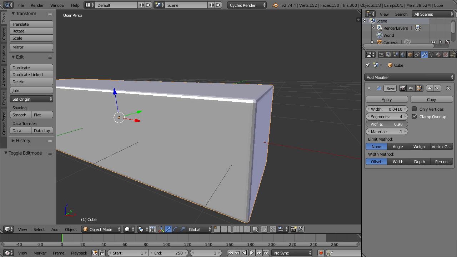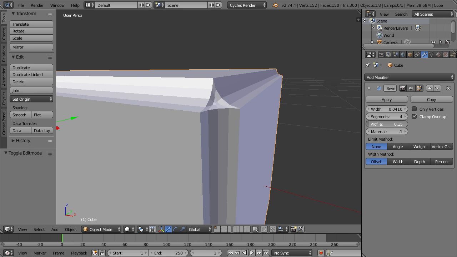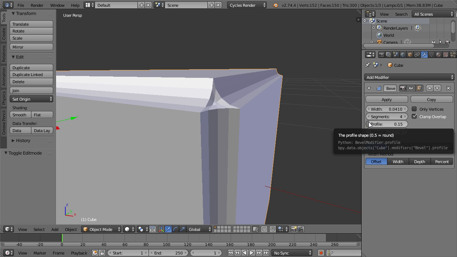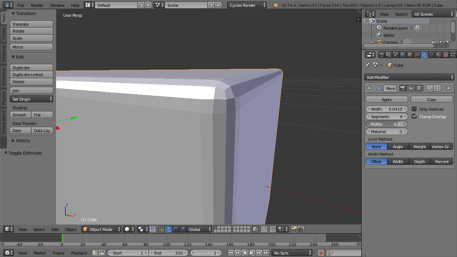If I do the opposite, increase the profile all the way up to 1, the bevel becomes invisible, so don't do that. But if I increase the profile between 0.5 and 1, you can see the edge gets more sharp. So 0.5 would be normal, and this is a rounded edge, minus 0.35, meaning resulting in 0.15, would be the opposite of the bevel, inverse, and this makes it all the more